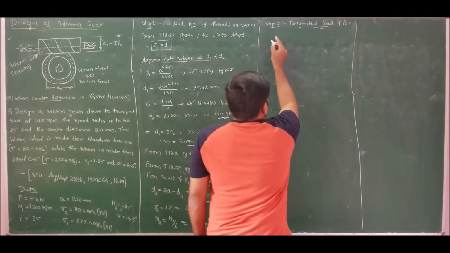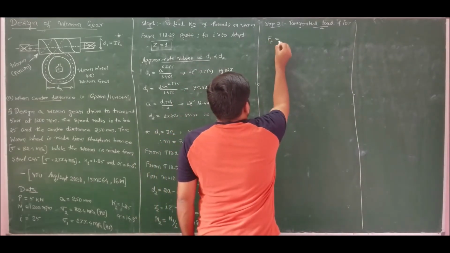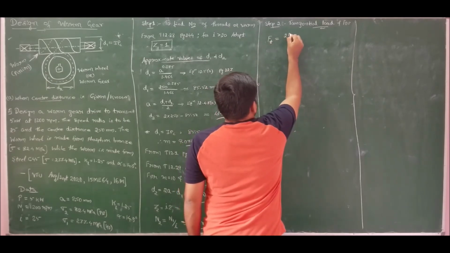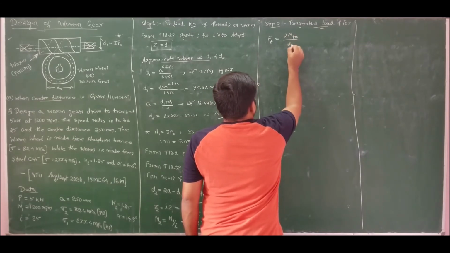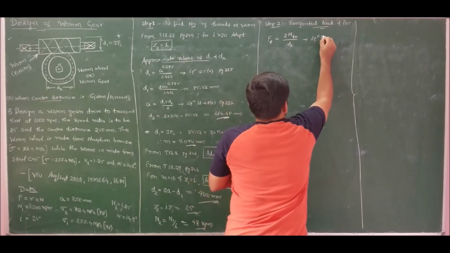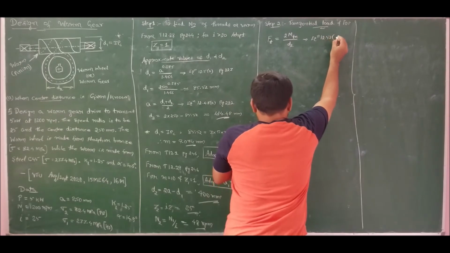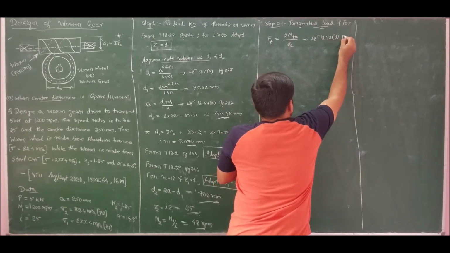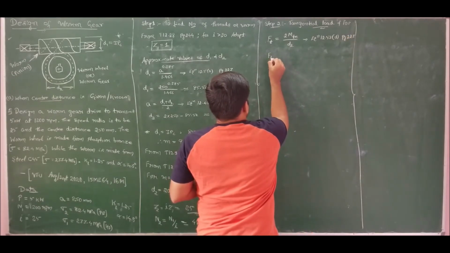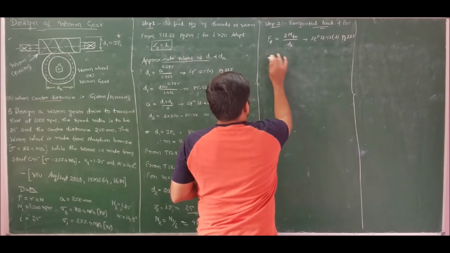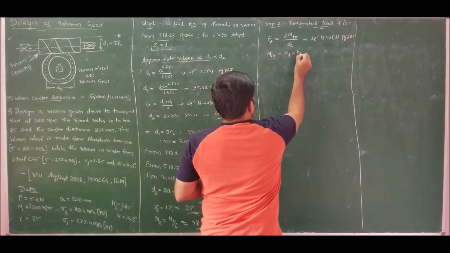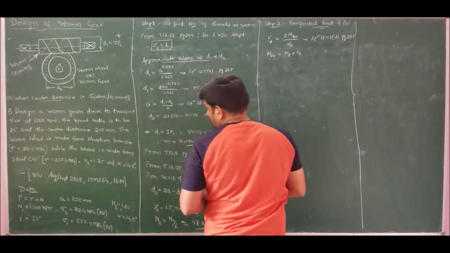Recalling that we have tangential load, the load which can be transmitted. Tangential load is given by 2 times equivalent torque divided by D2. This is referring to equation 12.53d of page 223. So we have Ft, where Mt is given by actual torque into load factor. He has given the load factor for us as 1.25.